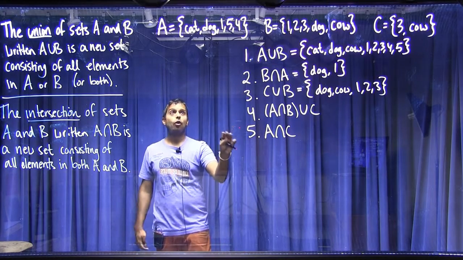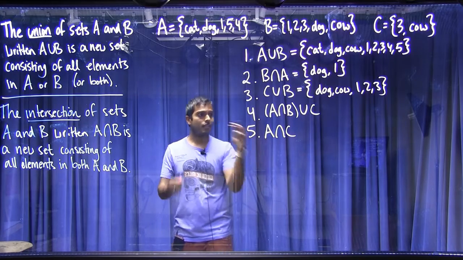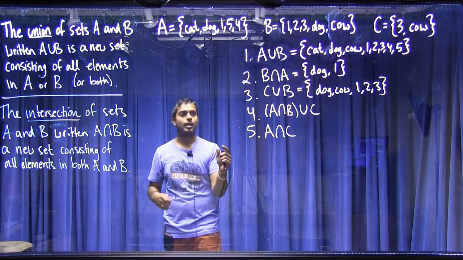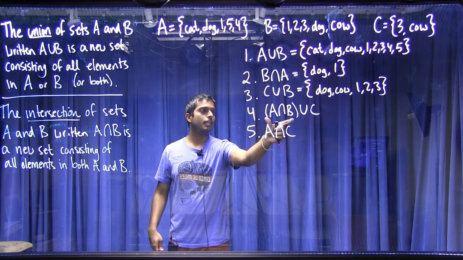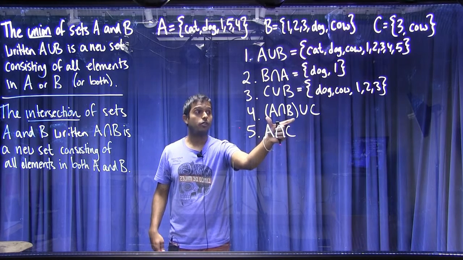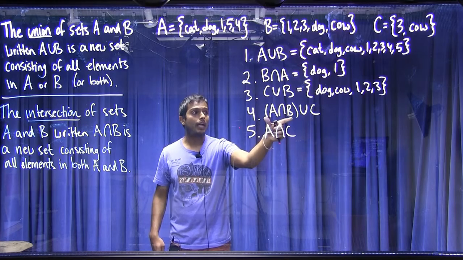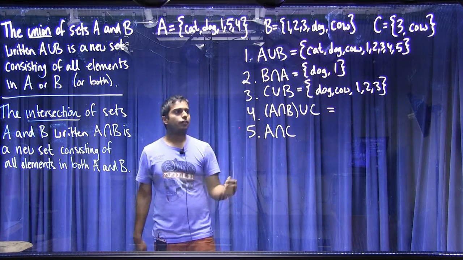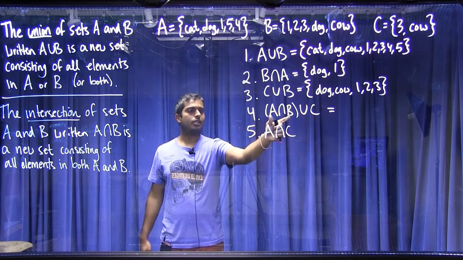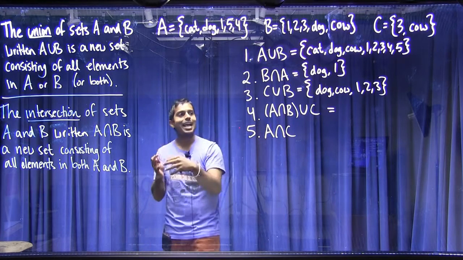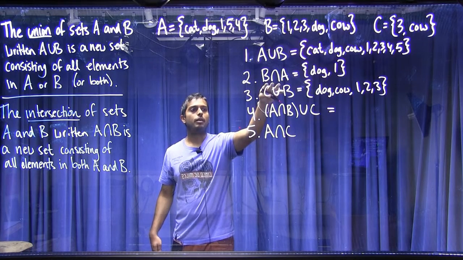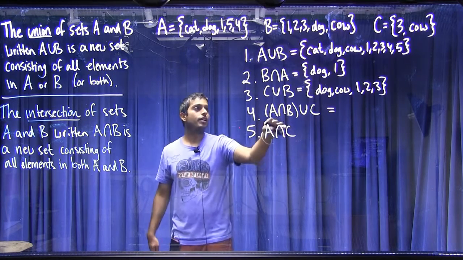Let's go on to number 4, which is a little bit more complicated. Here we have an intersection and we have a union. So let's do it step by step. Notice the intersection is in parentheses, so that means we'll do it first. And then after we figure that out, we'll take the union. So first, let's figure out this intersection. That's A intersect B, so that's all the stuff that's in A and also in B. But wait, we already did that up in number 2. So we know that this intersection